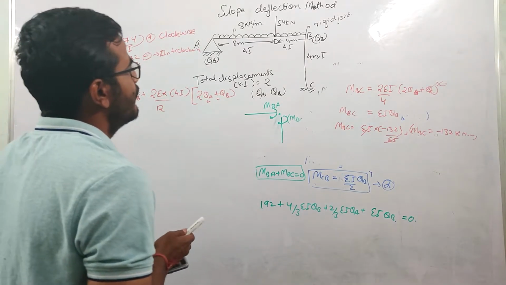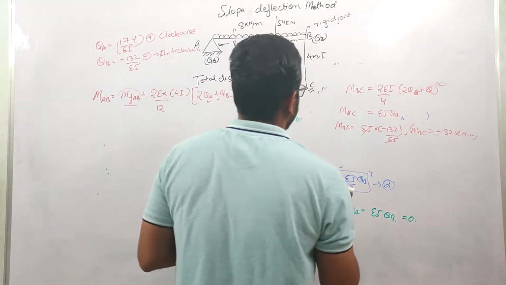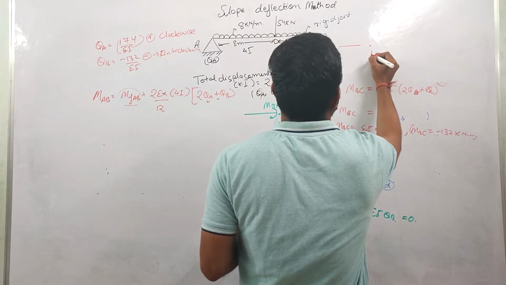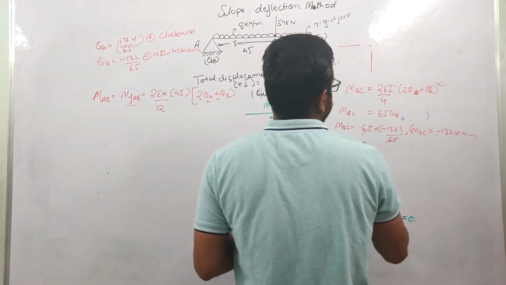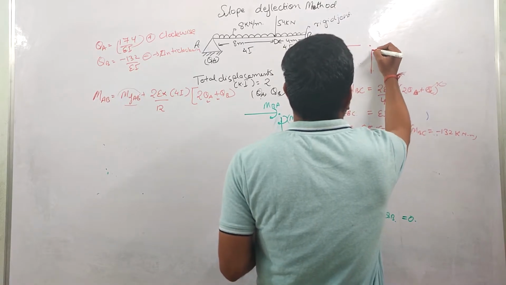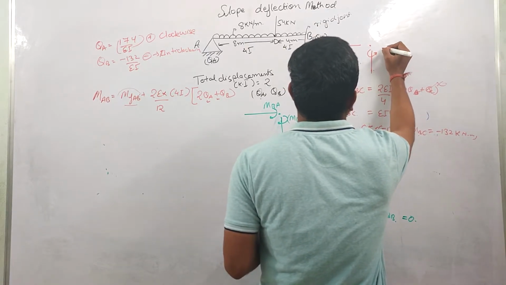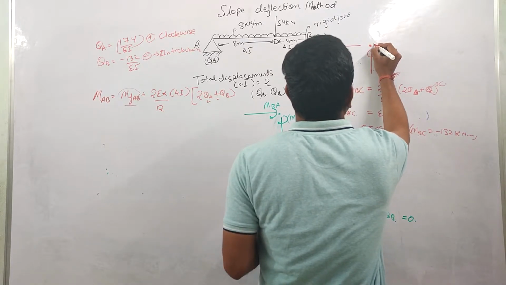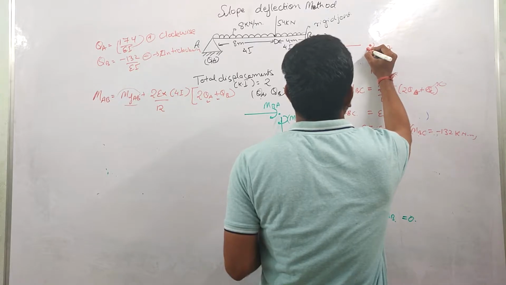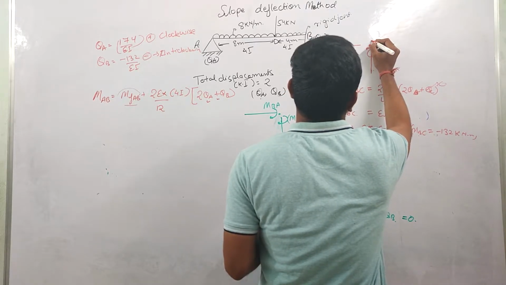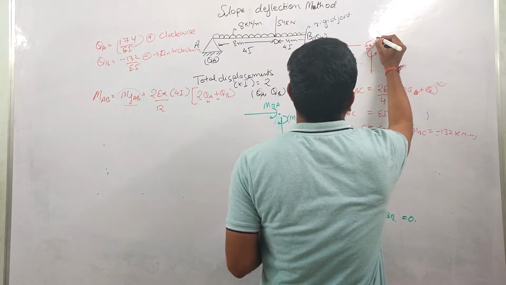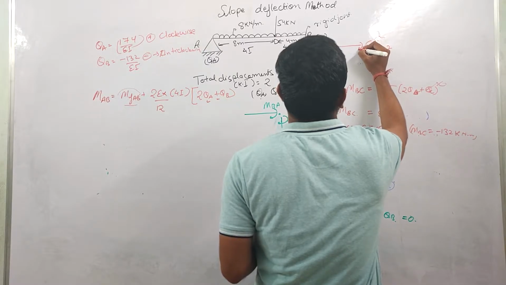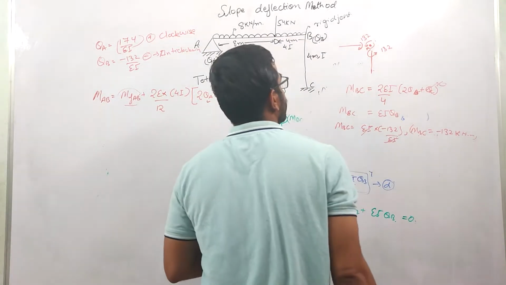If I know the value of MBC, it will be like this. Let us suppose this is a joint. MBC value is negative, which means it is acting anti-clockwise. So anti-clockwise is like this. This is 132. Now the clockwise rotation will act on the joint. This is 132. To balance this, there will be an anti-clockwise moment. This is again 132. And on this member, there will be a clockwise movement. So this will be 132.